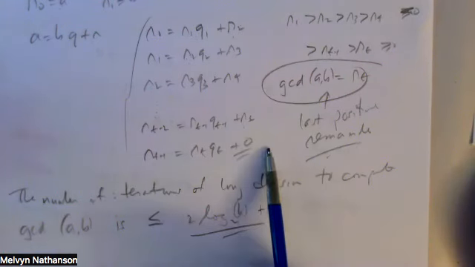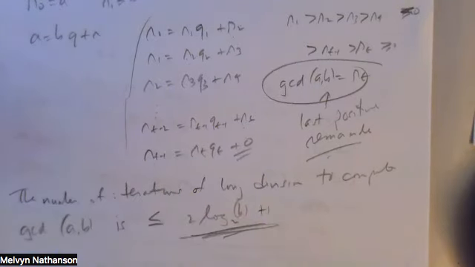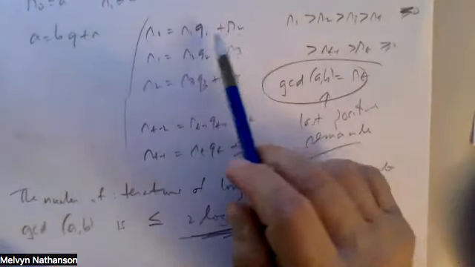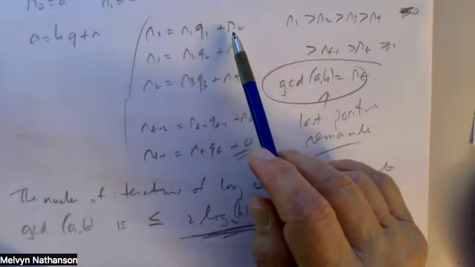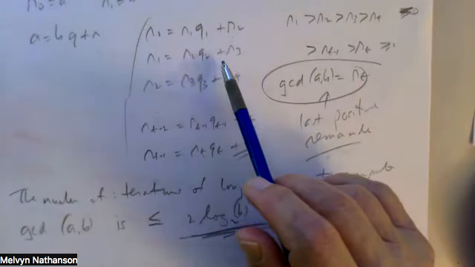So I already proved the first step. I proved that the Euclidean algorithm terminates in a finite number of steps. Let's just check and see that this is an upper bound for the number of iterations. And this is based on the observation that these remainders don't just go down by 1 in each step. In one instance, it might go down by 1, but if it goes down by 1 in one step, in the next step, the remainder decreases by a lot more. And the observation is that if we're looking at these successive remainders,